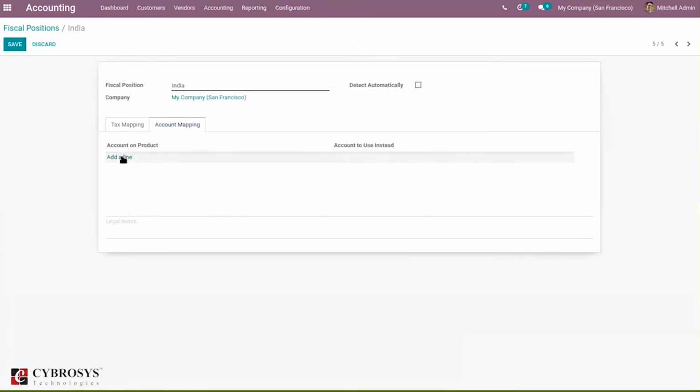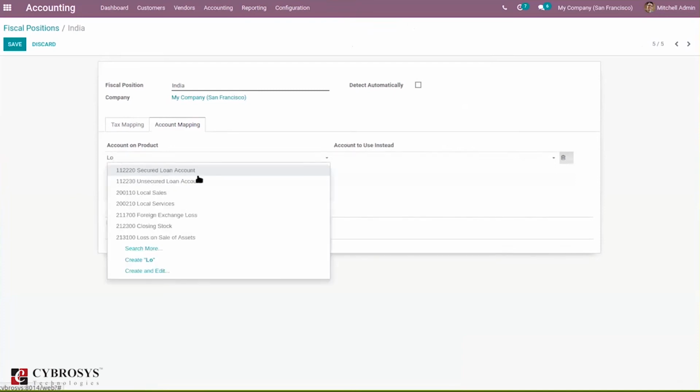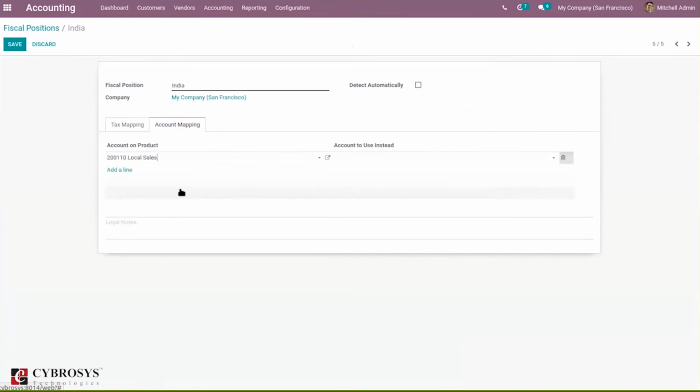Here we can add an account on product income account. So let's set local sales. And when the income account set on the product is local sales, it should be mapped to local services. So we have done account mapping inside the fiscal position. Let's save this.